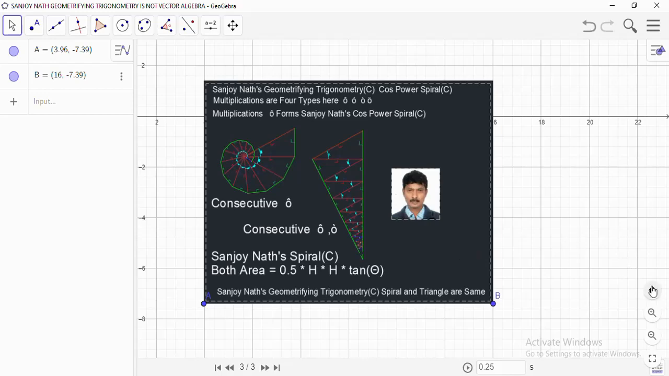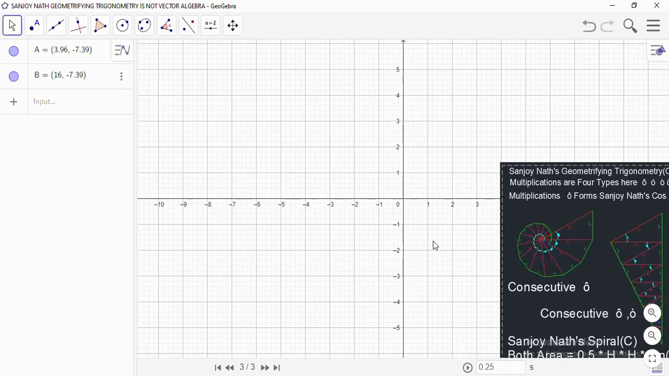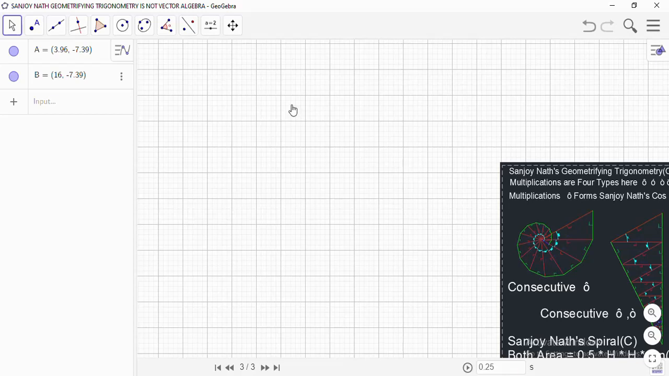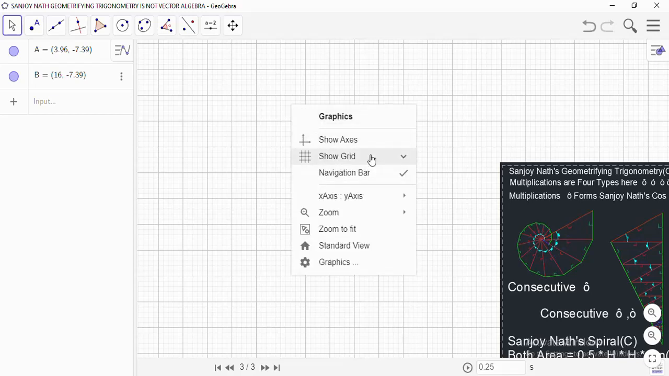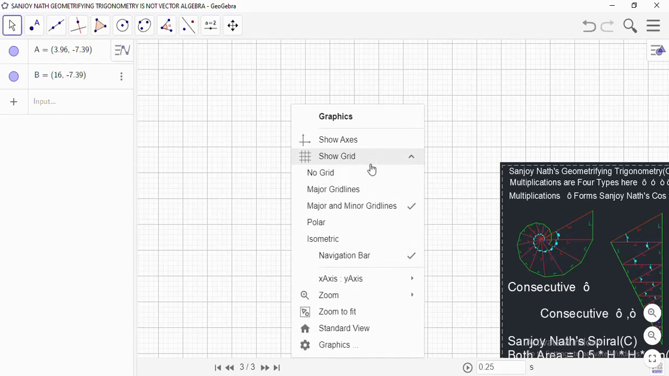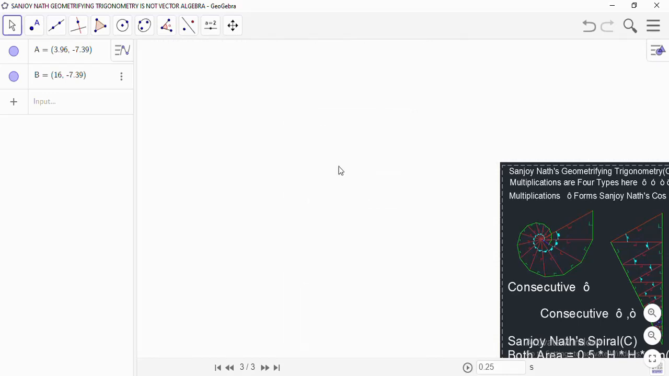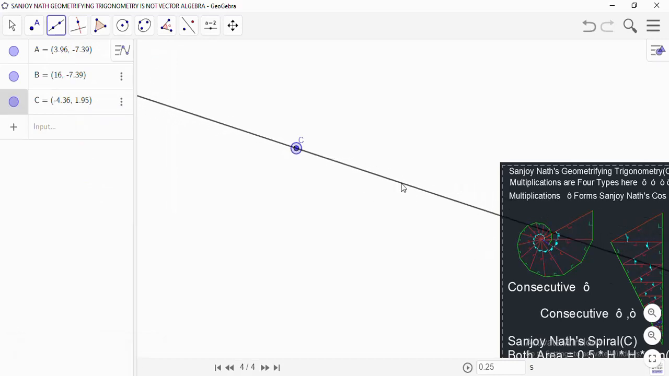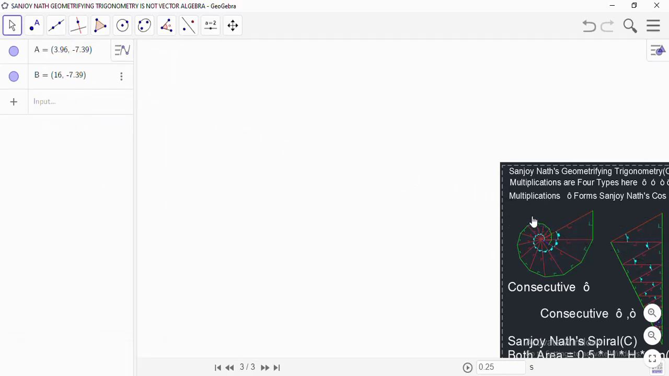Now we will show you how vector algebra is different from Geometrifying Trigonometry. We will try to show the conditions of plus, minus, into, divide. Multiplication is already shown in the simulator in the previous video, and here we will show something about the plus only. In the other videos we will show the minus conditions, so that we can demonstrate that in a better way. Suppose for this case we want to delete this